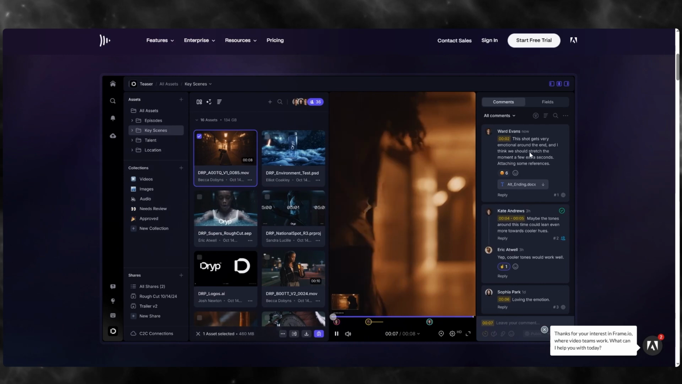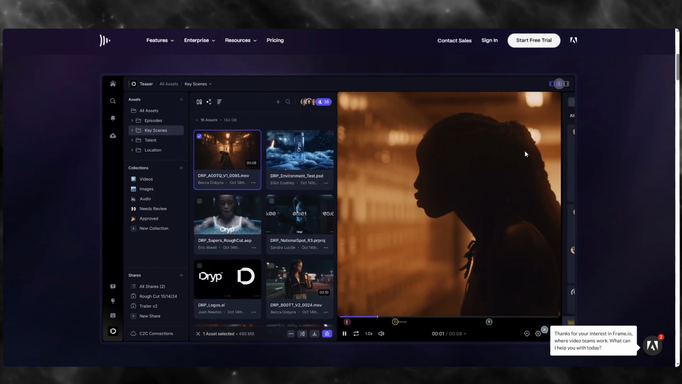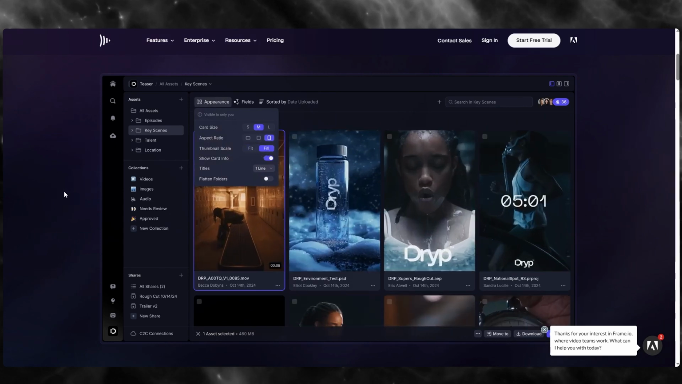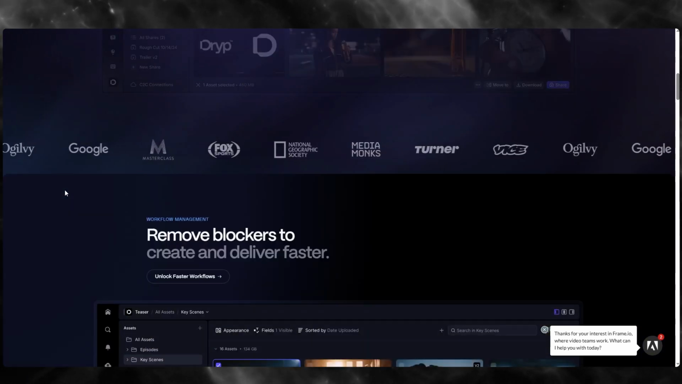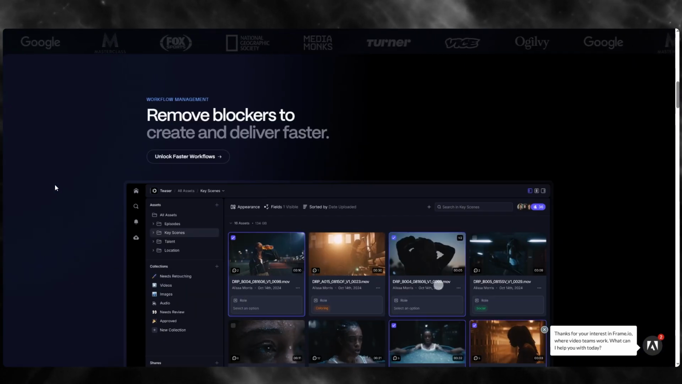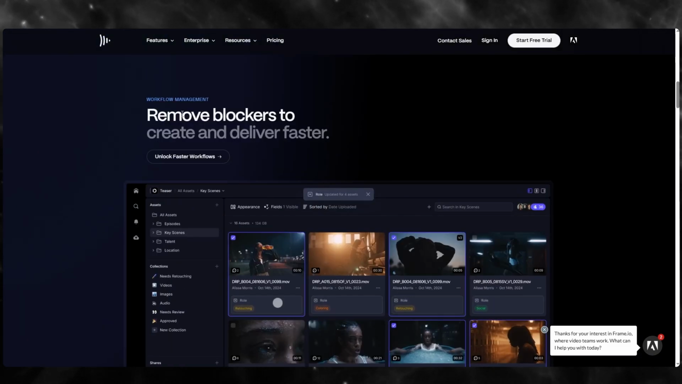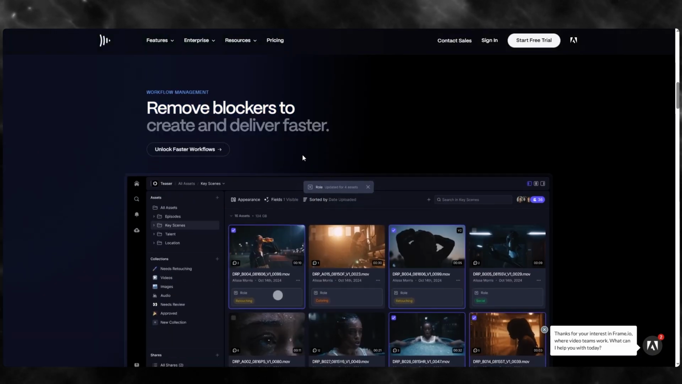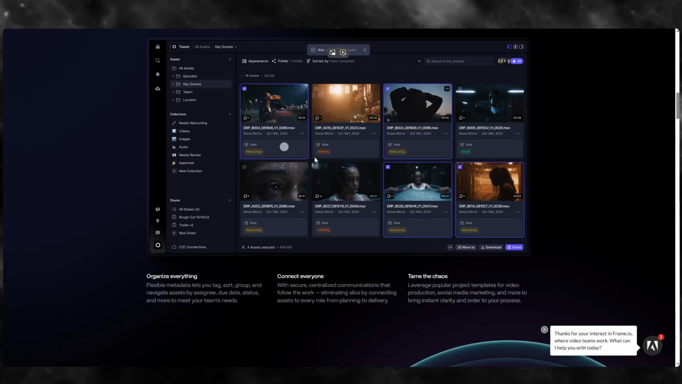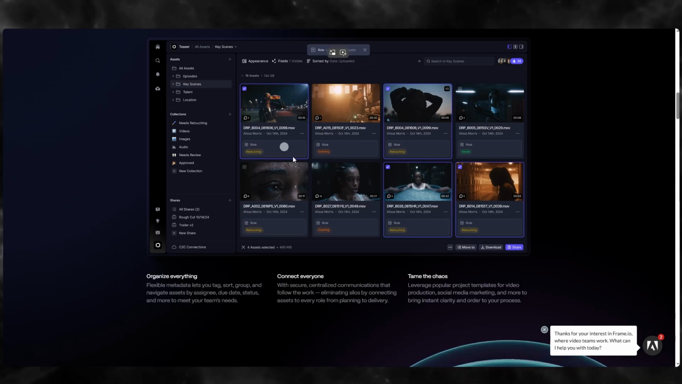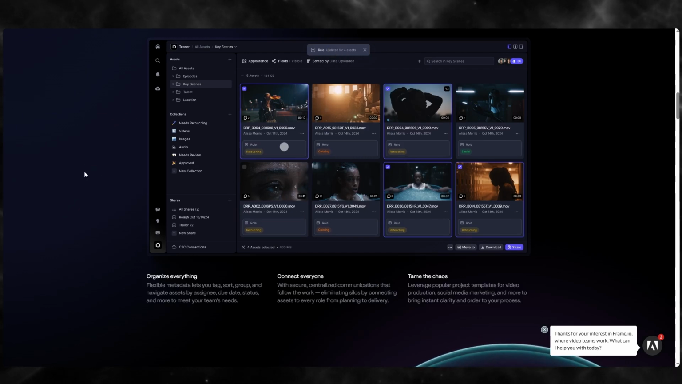You can also add in your very own workspace members in this space and get recommendations from them and so on and more. Obviously, if you run a media firm or if you run a YouTube channel, any type of media enterprise, this platform is amazing for you because you can remove blockers to create and deliver much faster. So it's an all-in-one multitasking editing platform where you can retouch, color, socialize, and do a whole lot more